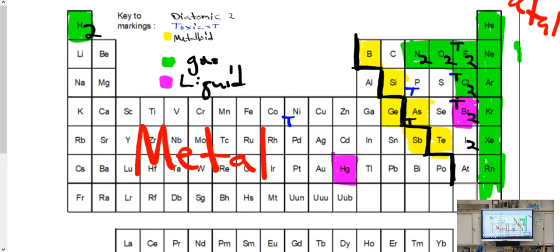Now, look, we did color the metalloids. Does that mean they're not a solid? No. We know they're not a gas and they're not a liquid, so the only other option on the periodic table for us is that they are solid at room temperature. Easy enough? Okay, so once again, how this will work, and there's plenty more, so just don't write anything yet,